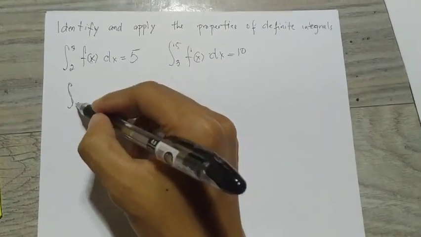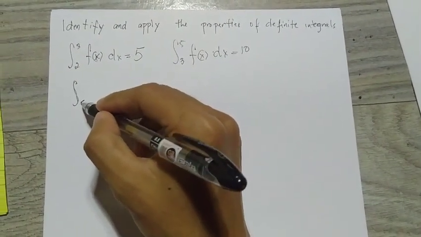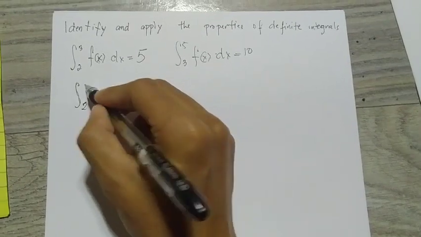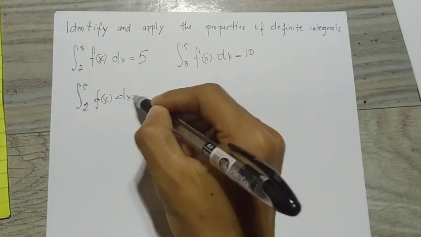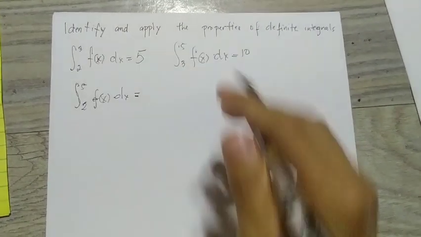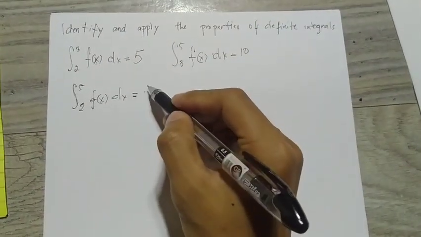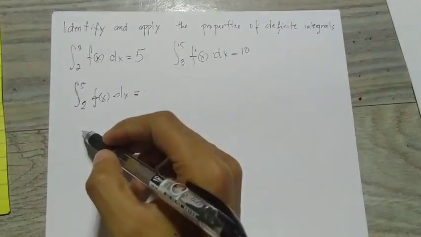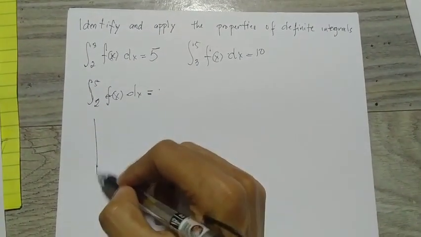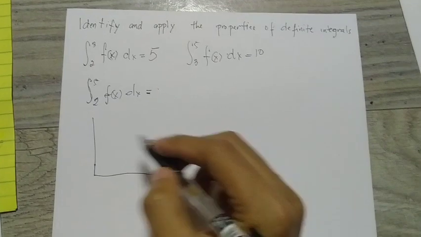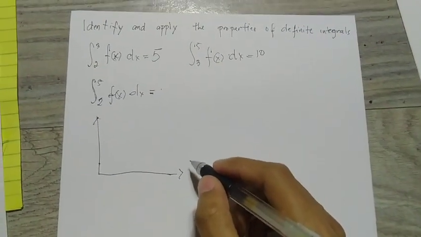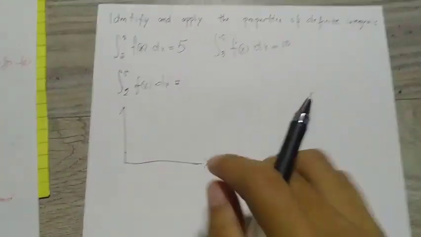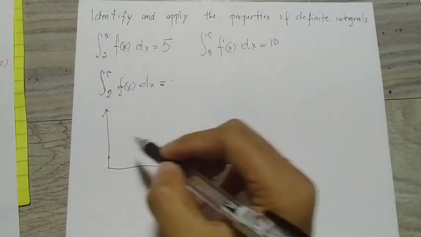Find the answer to this problem: the integral from 2 to 5 of f of x dx. So what is the answer to that problem? To really show you how to apply the properties of definite integrals,